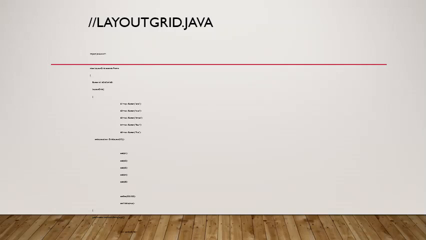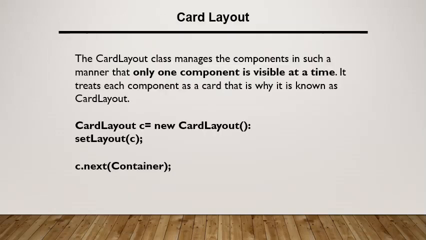The program is written in very small font, and I forgot to change the font size in this, but anyways you are now smart enough to write the code yourself. Let it be the assignment, you do it yourself. Okay, so import java.awt and write the program and create the constructor, define all those 5 buttons and set layout, new grid layout 2, and add the components, set size, set visible, and from main you call the method. Now the next one is card layout.